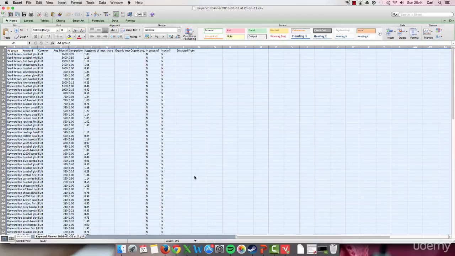It's given us a list of possible keywords that we could target, so that the articles and descriptions, if it's products, and the content that we have on our website, could include these words to help rank them higher in Google. As you'll remember, just to recap, the reason we do this is so that we can include these words in certain places in our articles, so that when people are searching online for these, we improve our chances of having our results in the first page of Google, which will then increase the amount of organic